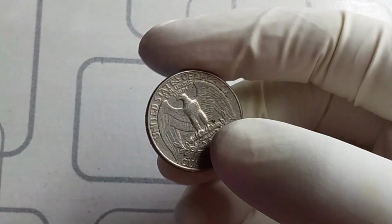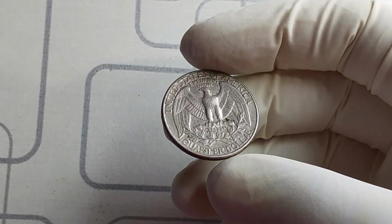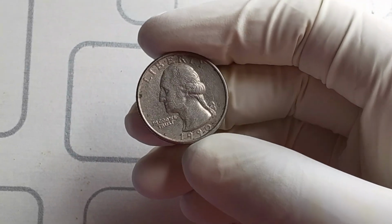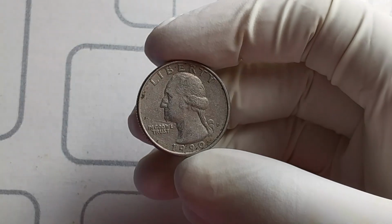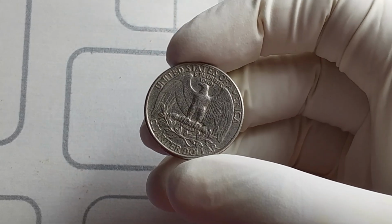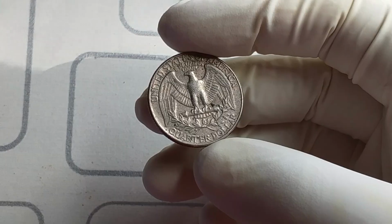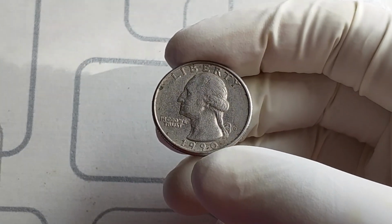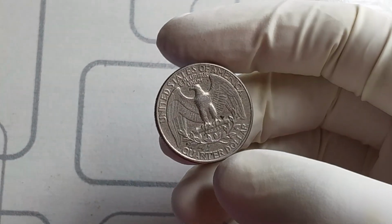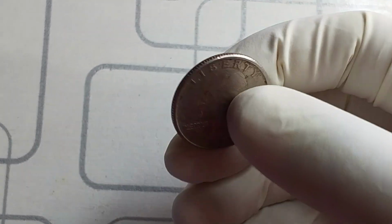$577,000 in today's market. When collectors bid on a coin at auction, they are competing for the very best of the best. The 1990 D quarter that reached this kind of value was graded at an exceptionally high level, meaning it was preserved nearly flawlessly since the day it was struck. No circulation wear, no significant marks, and full original mint luster. Coins of this caliber are exceedingly rare, because think about it, who in 1990 would set aside a brand new quarter and keep it untouched for decades? Most of us would spend it immediately at the store or vending machine. That is why finding such a coin today is so rare and why collectors are willing to go all in